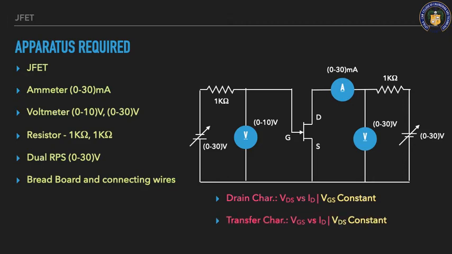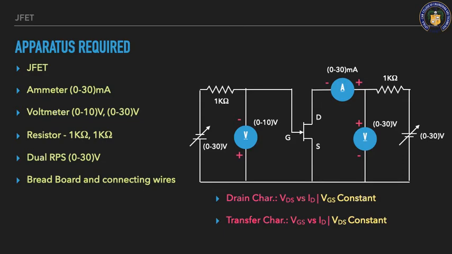Now we are going to draw the polarity. So write the polarity. The polarity will be negative and positive for the ammeter at the top and bottom, and the positive side of the ammeter is connected to the positive supply. Likewise, the positive side of the voltmeter is connected to the positive supply and the negative to the negative.